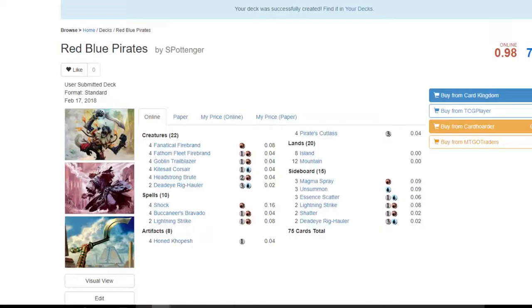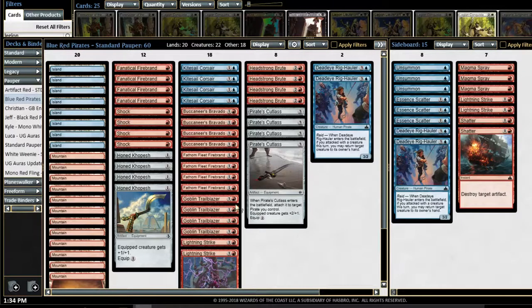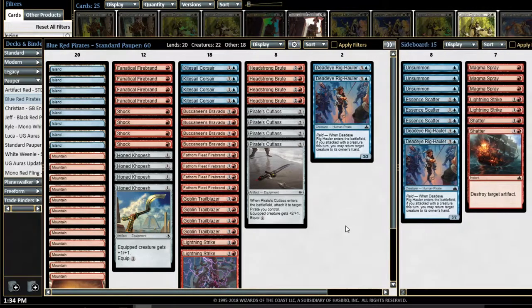So, we've got our text version of our deck tech right here, Red Blue Pirates, and we will have a link to this in the description of the video, so you can check that out if you want to see. But for now, we're going to look at beautiful graphics of Magic Online here, and this deck,